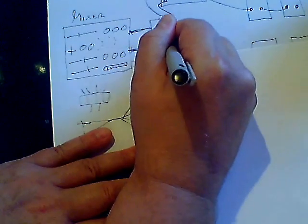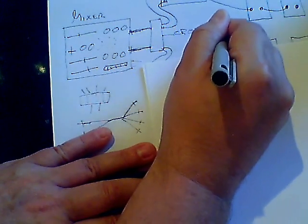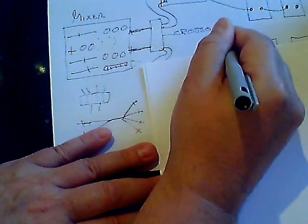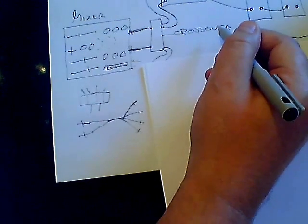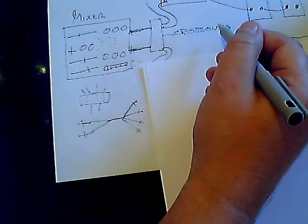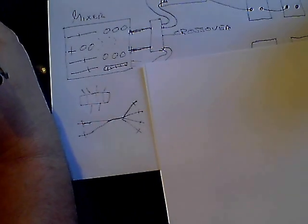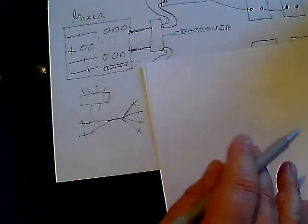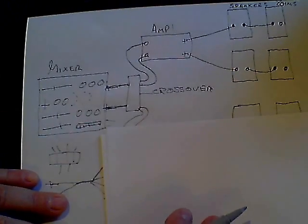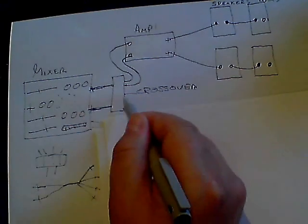Let's make this a crossover. Now this will divide the frequency range of the signal going to your amps into either three-way, which is your high, your mids and your sub, or your lows for want of a better description. I'll move that. That wasn't very clever, was it? There we go. So we've now made this a crossover,